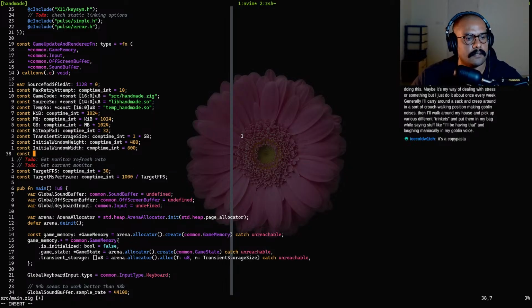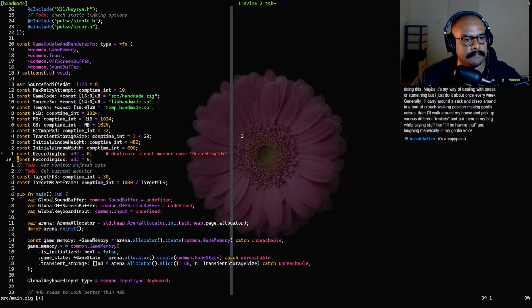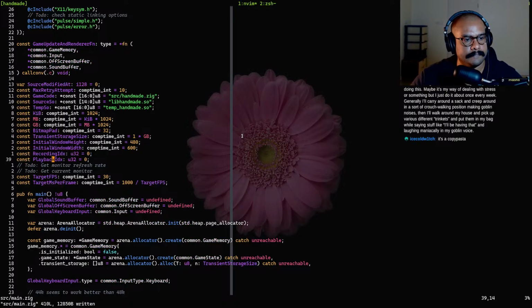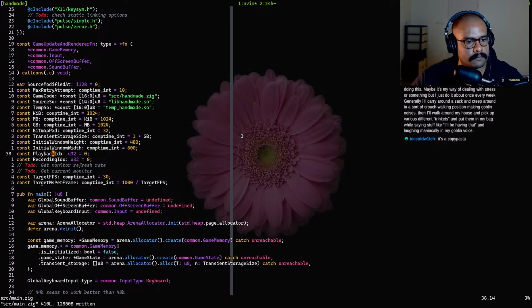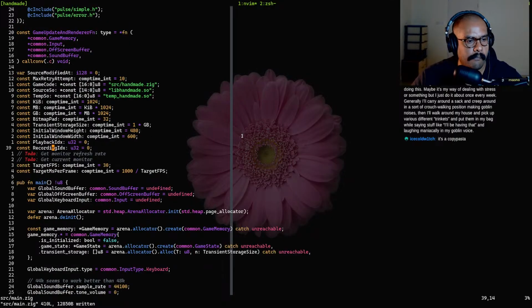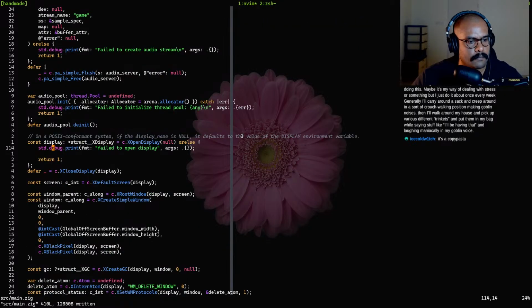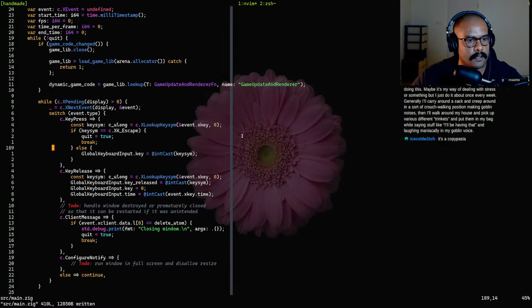Yeah, let's start it here. Constant recording. Index is 0. Let's make it a U32. And on the keyboard